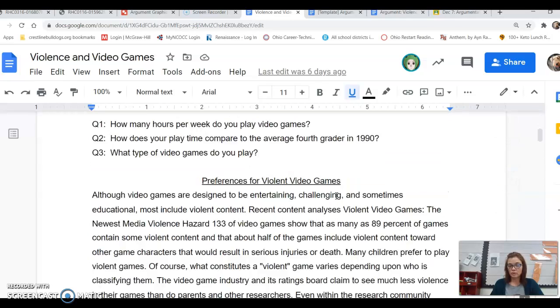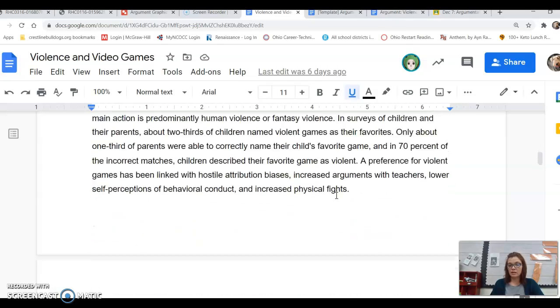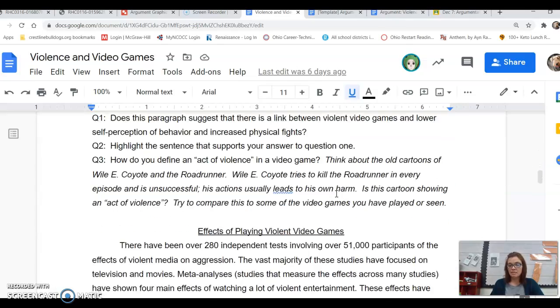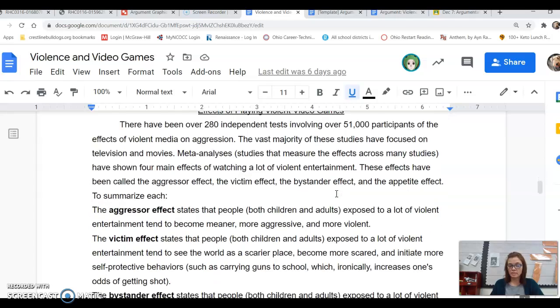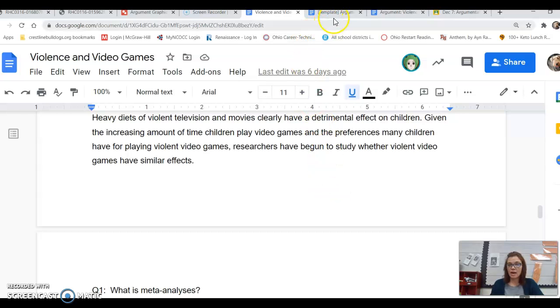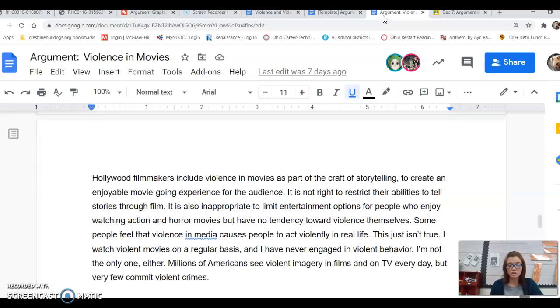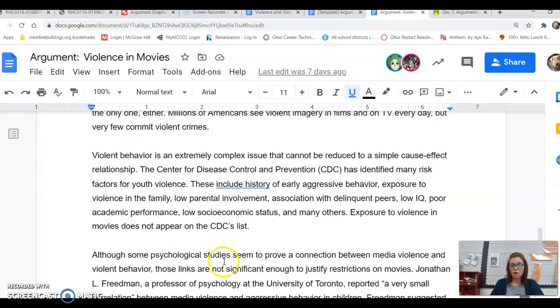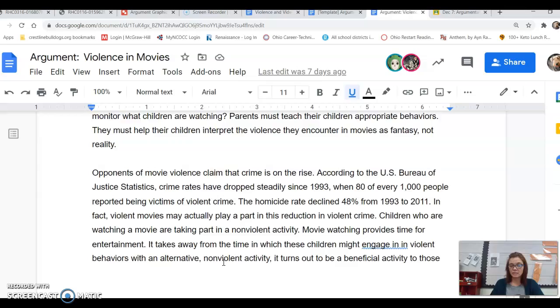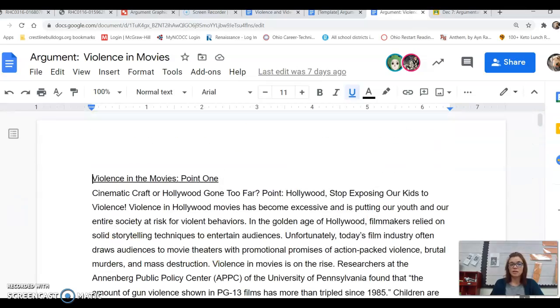A lot of you wrote, as you went down and answered, that it presented an idea that the #1 cause of violence is that the parents just aren't around and doing what they're supposed to do, right? There's also some other counterclaims in that first article that I sent you, which is called Argument Violence in Movies, okay?